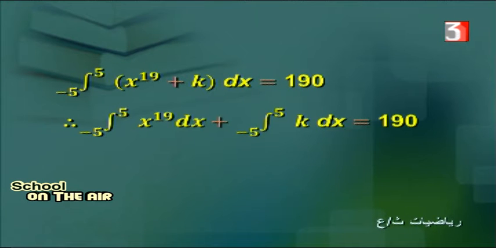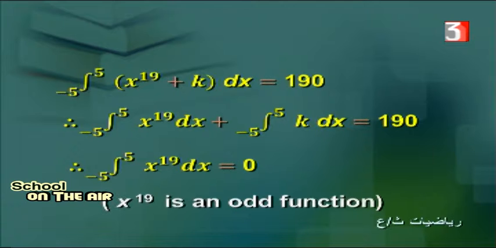Then the definite integral of x power 19 dx from negative 5 to 5 plus the definite integral of k dx from negative 5 to 5 equals 190. Since the integration of x power 19 dx from negative 5 to 5 equals 0 because x power 19 is an odd function,